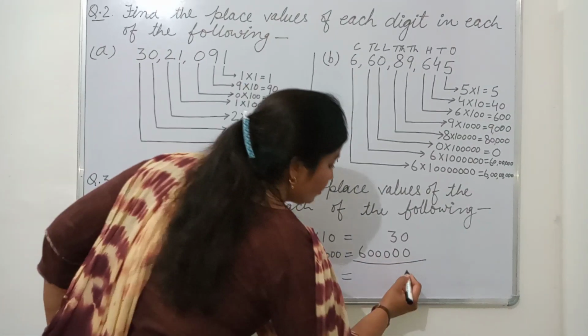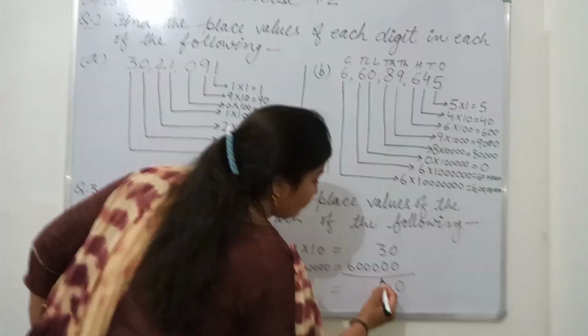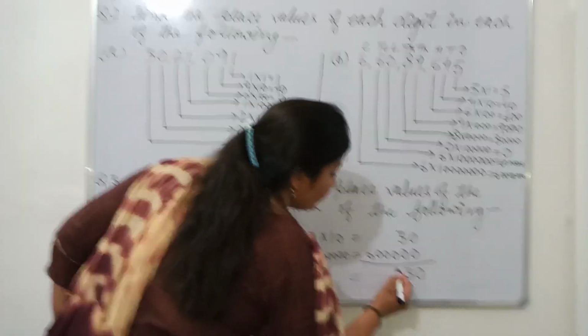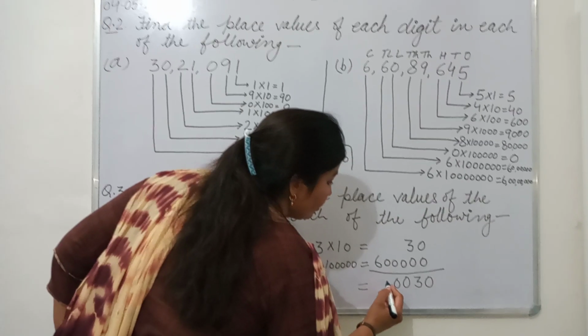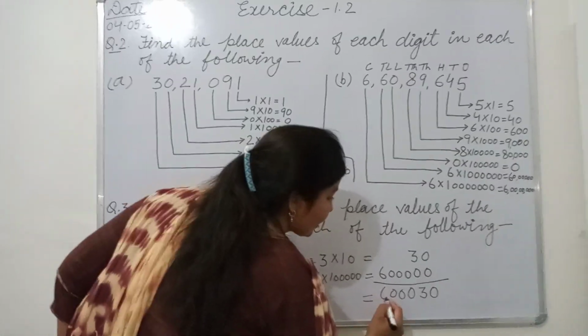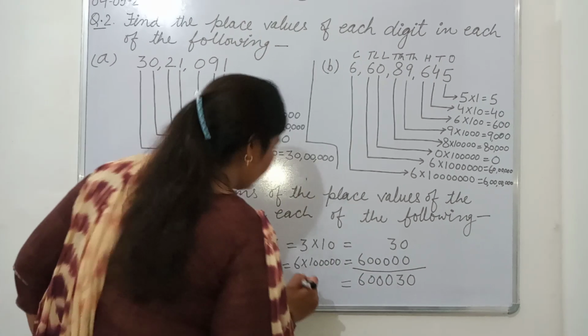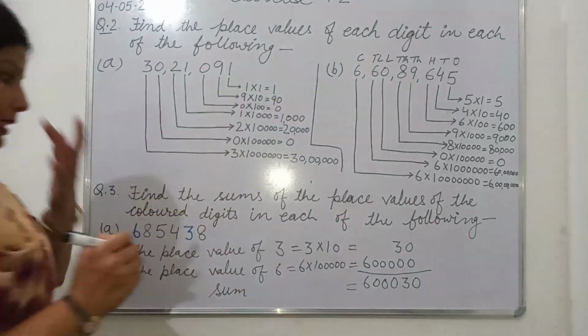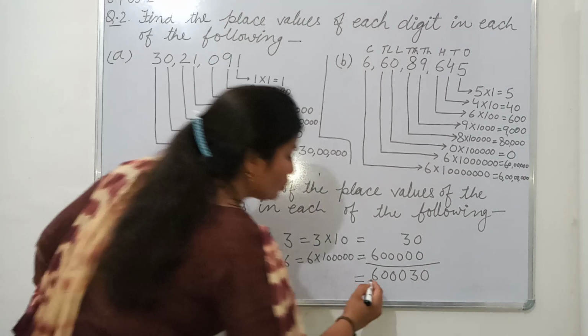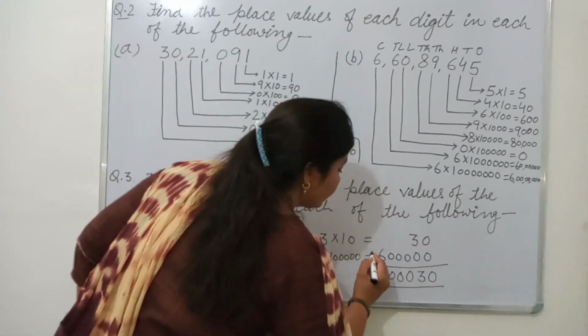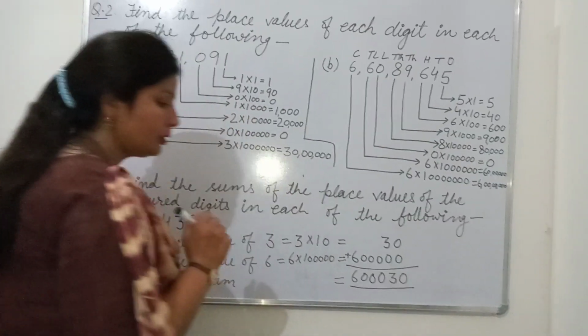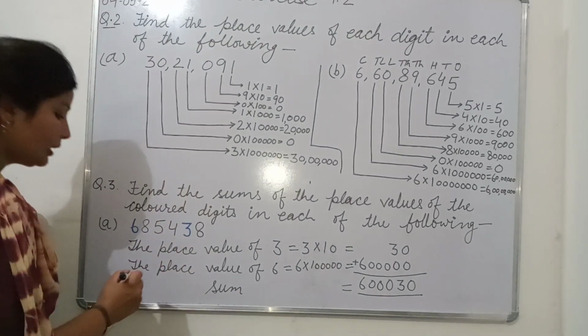So 0 plus 0 is 0. 3 plus 0 is 3. 0, 0, 0, then 6. So what's your answer? 6 lakhs 30. Okay. So your answer is 6 lakhs 30. In the last you can write that. Here you can put the plus symbol also. Now here you can write: so the sum